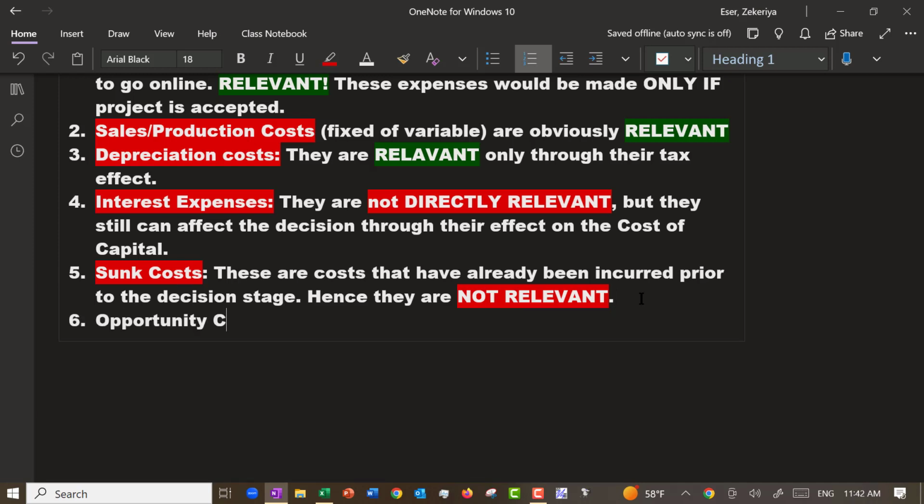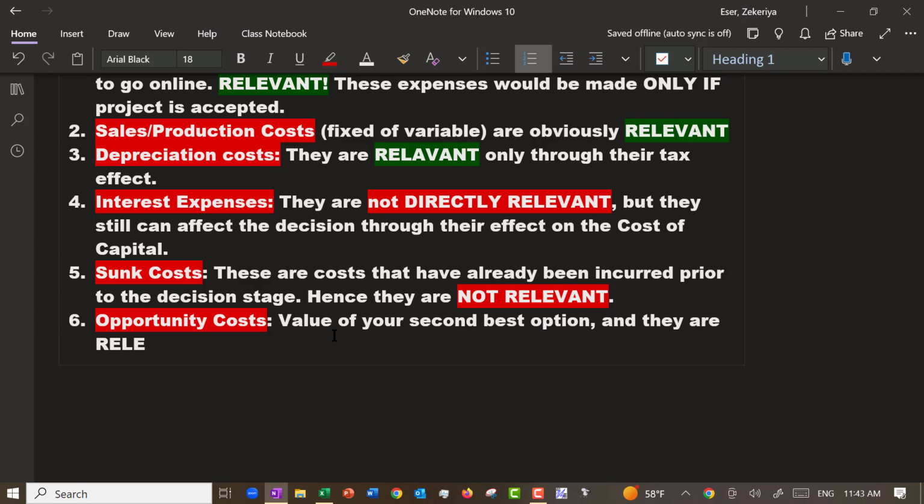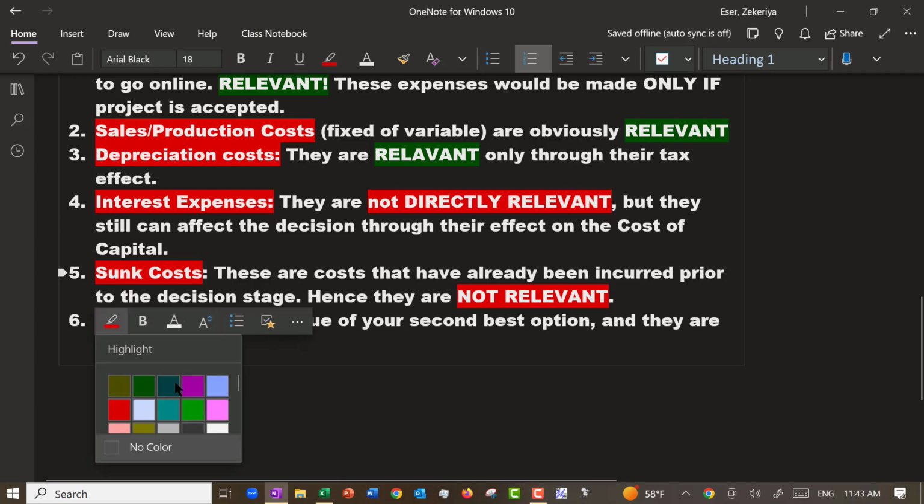Opportunity costs. Who's going to tell me what's an example of an opportunity cost? Or if you want to give a definition, that's fine too. It's the value of your second best option. Generic definition. They are relevant. An example of that,